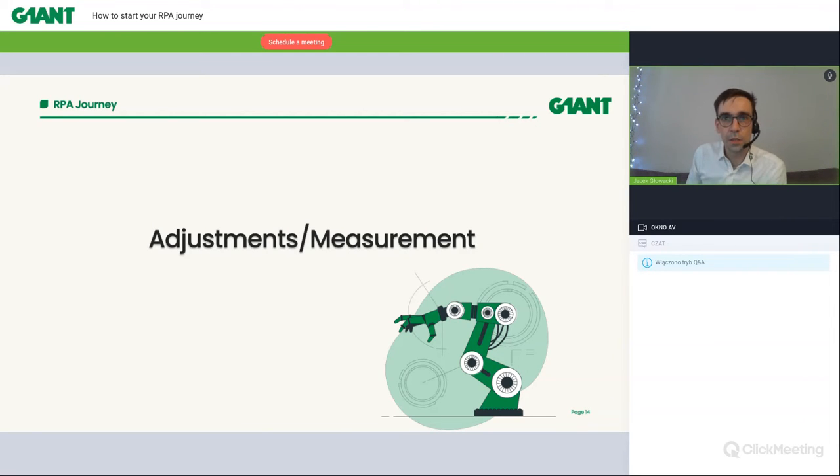This is actually a standard procedure, because RPA is kind of like a living organism. We create an automation, which is a robot clicking on specific buttons on websites, right? So for example, if we have an update of the system, we might have a situation where we have to adjust the automation a little bit.